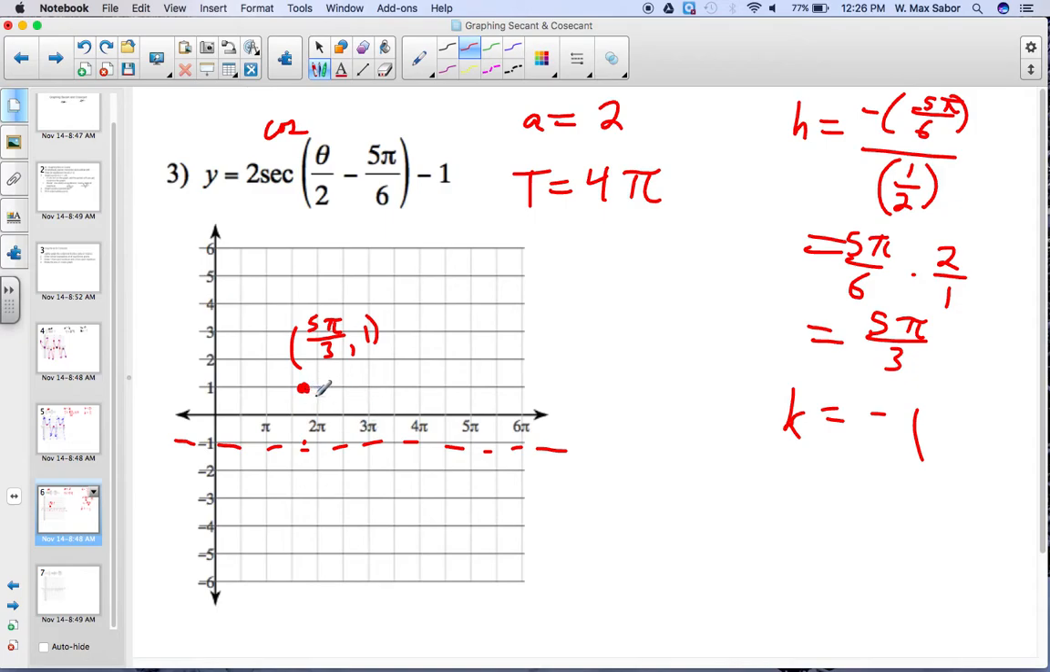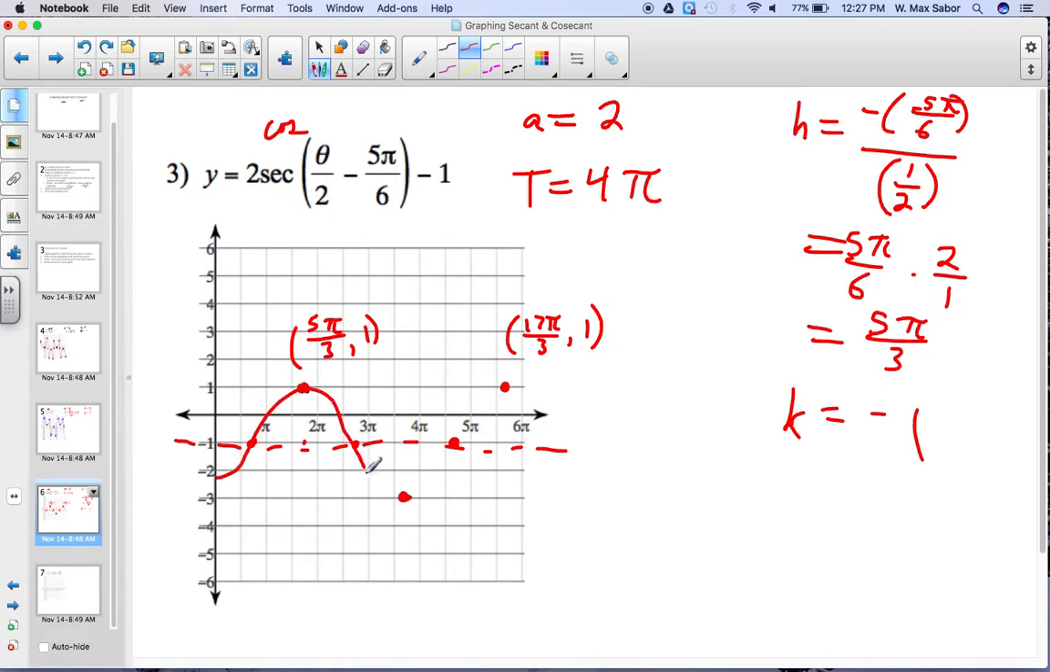Now, 1 period later is going to be, well, we add another 4 pi. So we were starting at 1 2/3 pi, so we'll get to 5 2/3 pi, or 17 pi over 3, comma 1. So there's our next maximum. And then we can fill in the places halfway in between. So 3 2/3 pi is minimum, 2 2/3 and 4 2/3 are equilibrium points. And now we can sketch our